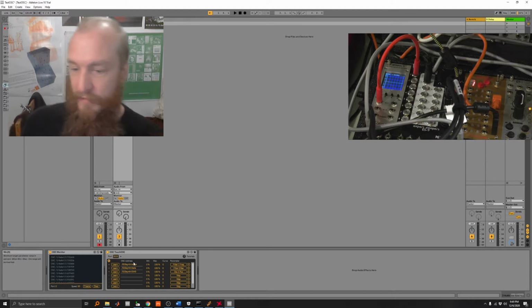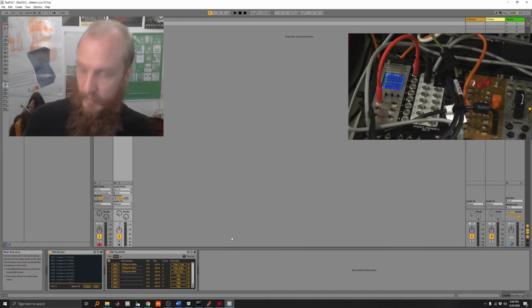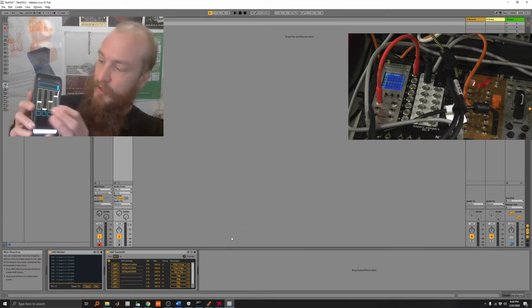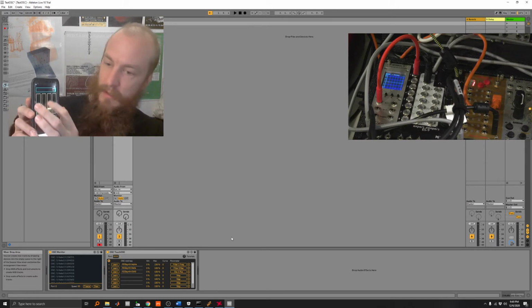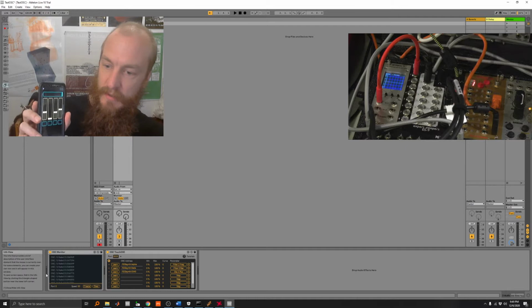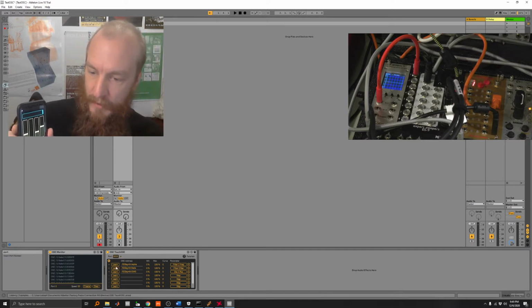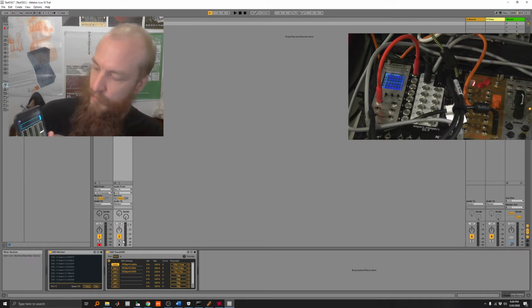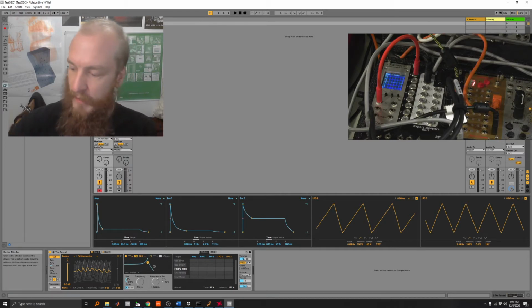But let me show you. I think this is very sufficient for our purposes already. For now, I'm using Touch OSC. So if I move a slider, you can see it in the monitor here. And just like with the MIDI mapping, you can learn. Let's do the first one. And then it can be mapped on any other feature. I already had it mapped to the frequency here. So if you would play something,